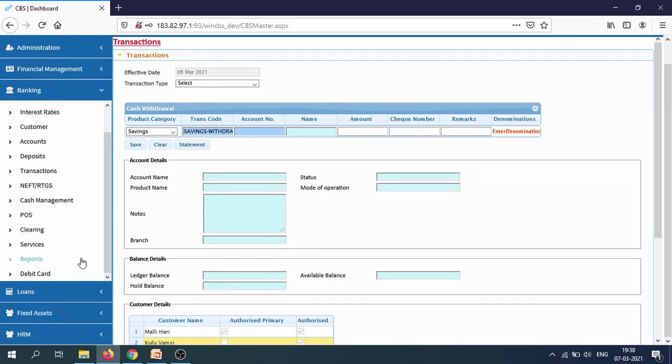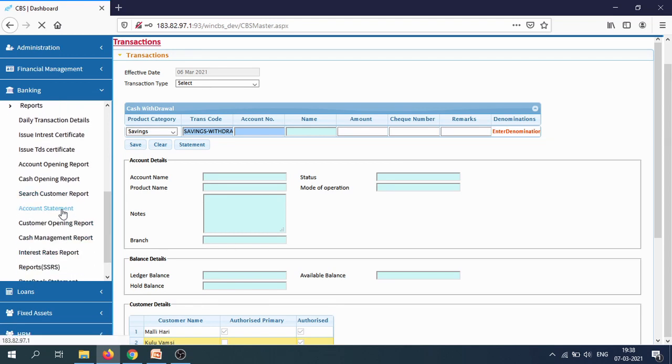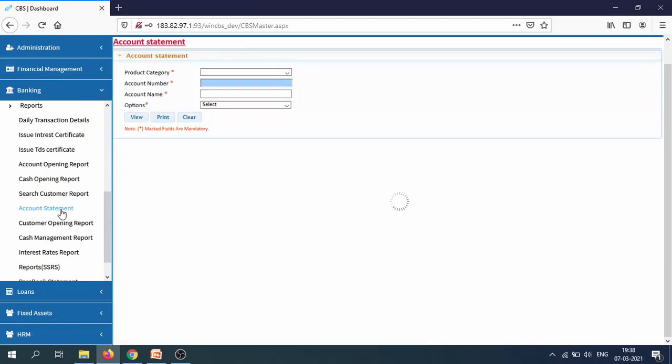Now you want to verify the account statement. Savings account.